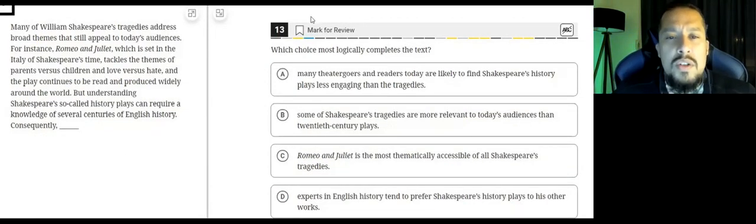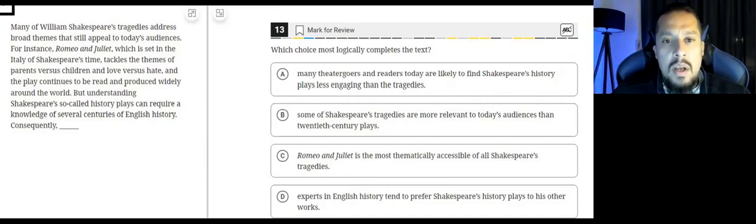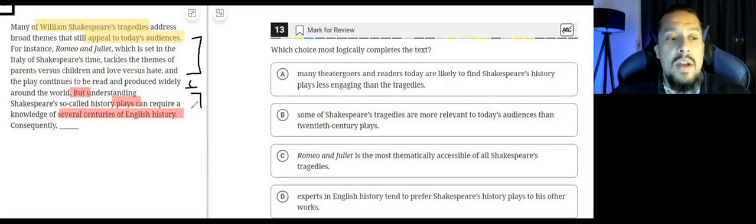So again, with how to logically conclude the text, it's important that you understand the idea. So for example, idea A tells me this. However, idea B tells me this. What can be my conclusion? What do I mean by this? It talks about William Shakespeare and how his tragedies appeal to today's audiences and tells us why these tragedies appeal to today's audiences. And then there's a shift in the text's ideas, but, right, understanding his plays can require centuries knowledge of English history. So you need to put these two ideas together, add them together, and then get an